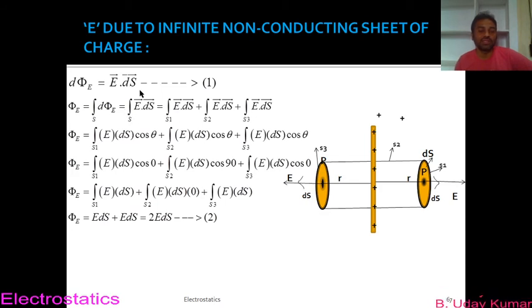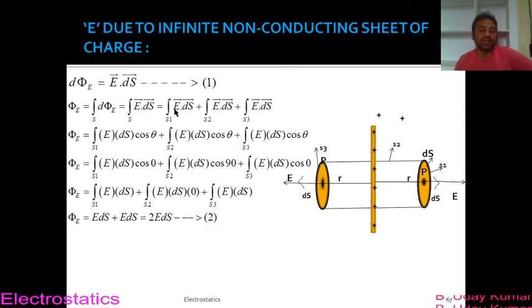Now this entire cylinder is divided into 3 parts. So this is the flux coming out of surface S1, plus this is the flux coming out of surface S2, plus this is the flux coming out of surface S3. If you add all these 3 fluxes, you get the total flux. So I am trying to find the total electric flux by splitting the surface into 3 parts, since this cylinder has 3 surfaces. Now I can write this equation as phi e equals this formula.